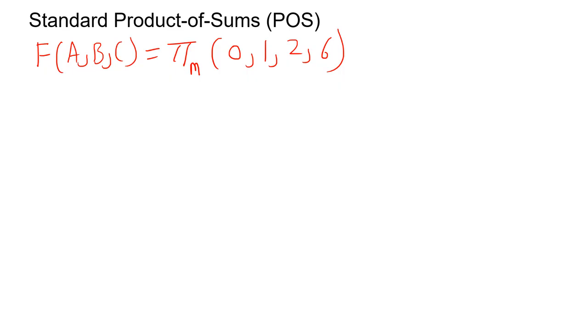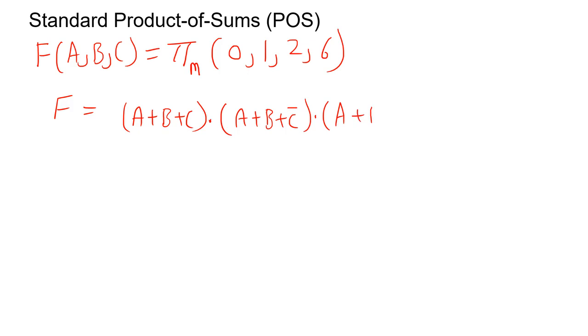So now let's represent it in the product of max term form. So it will be f is equal to, what will be the product for this? It's A plus B plus C. Then you'll take dot. For 1, you already saw A plus B plus C bar. Then dot. What about 2? It will be A plus B bar plus C. And what about 6? Yes, A bar plus B bar plus C, right? Now what is this?